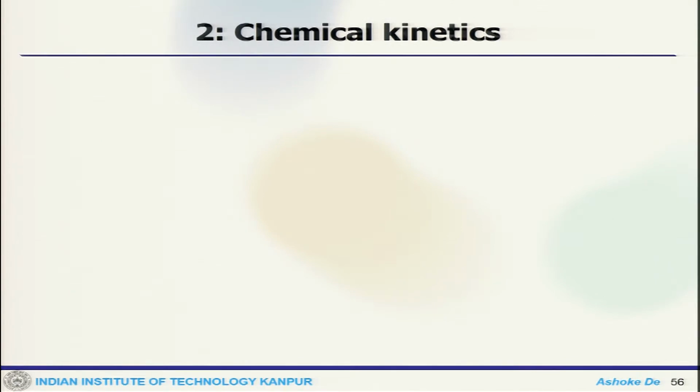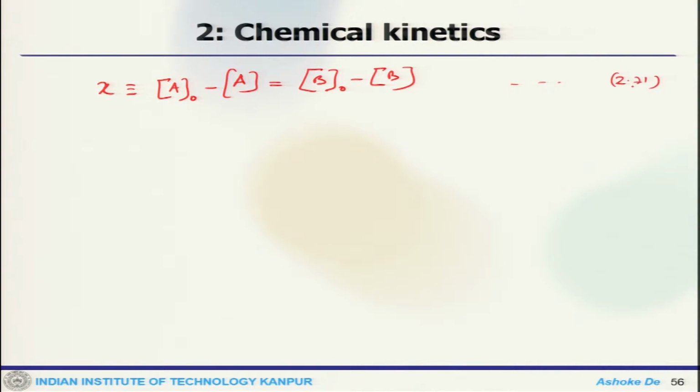Now, for this single reaction A and B are related by stoichiometry. So, any change in A has a corresponding change in B. Now, you define it that way with A naught, and there should be a corresponding change in B, which will let you have B equals A plus B naught minus A naught.